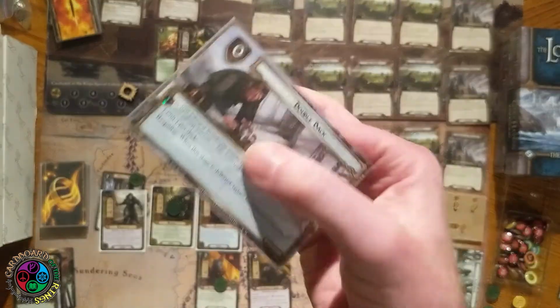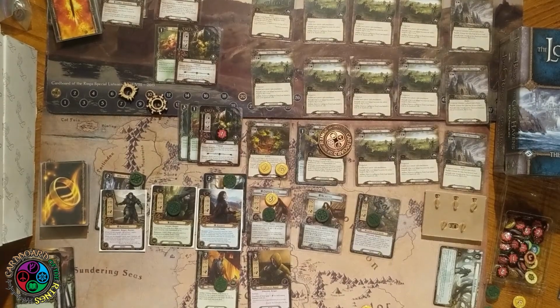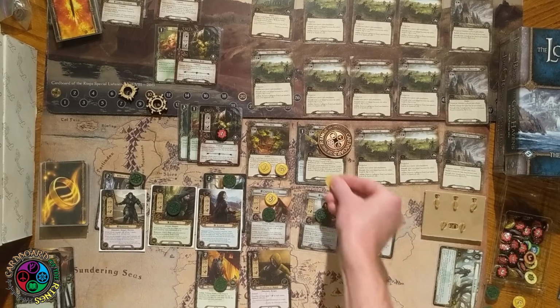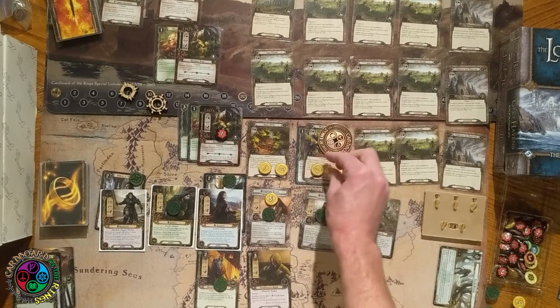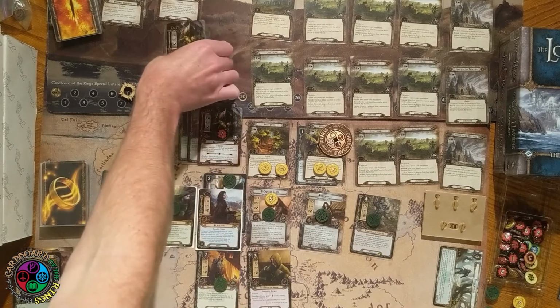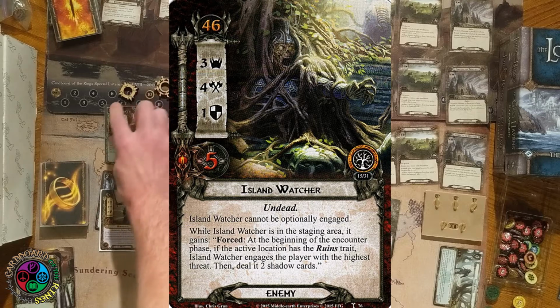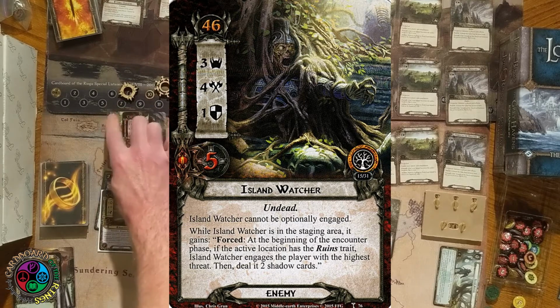Ooh, and we draw double back, which is amazing, because that is the only threat reduction I have in this deck. So I'm happy about that. Now, I gotta admit, I wish this location had the Ruins trait, because when we travel to a Ruins, we're going to have to engage that big enemy up in staging, and I'm going to get enemy swarmed if I